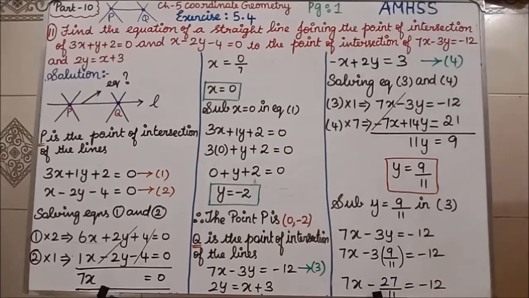Up to this, are all of you clear? The first two equations we are solving and we are getting x and y. And the next two equations we are solving and we have to find x and y. Then what points will we get? We will get point P as well as point Q. Using the 2-point formula, we have to apply that formula and find the equation of the straight line. That's it. Okay, this is very important. The remaining problem you will see on page number 2.